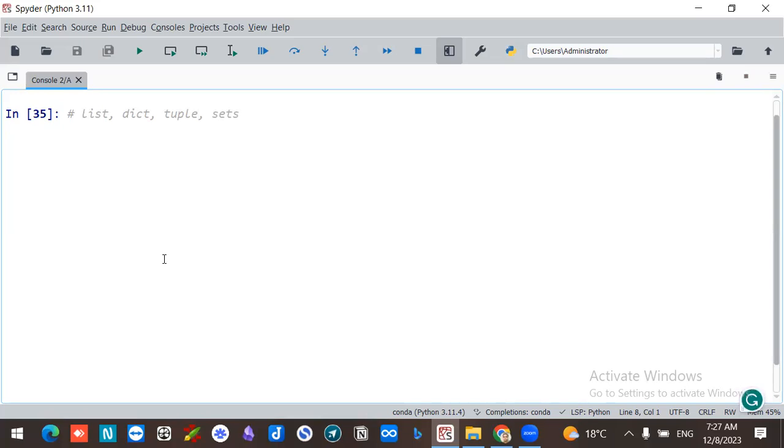A tuple is non-editable content. For example, here you added a new value, but a tuple is not like that. Once you create it, there is no question of editing, so you are not able to modify it. That is what a tuple is, and it is better for fixed data. And a dictionary is nothing but key-value pairs: there is a key and there is a value. Sets are better for